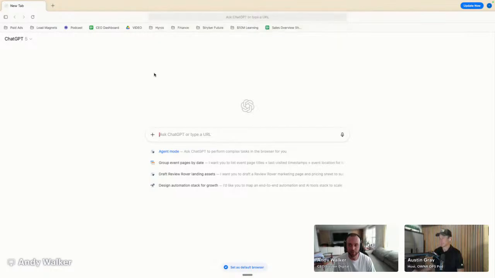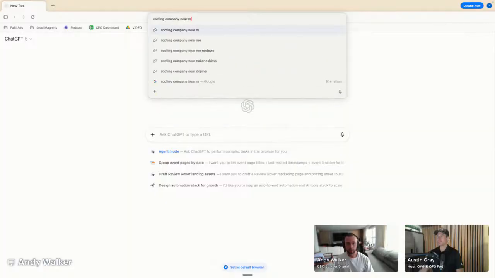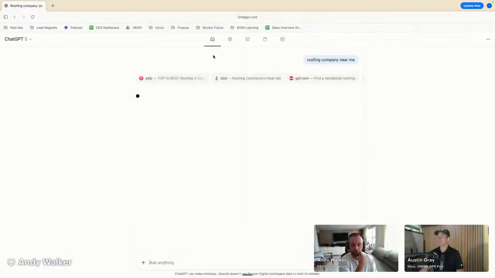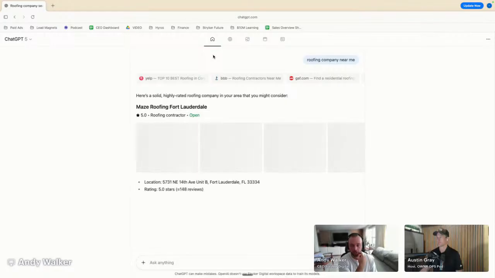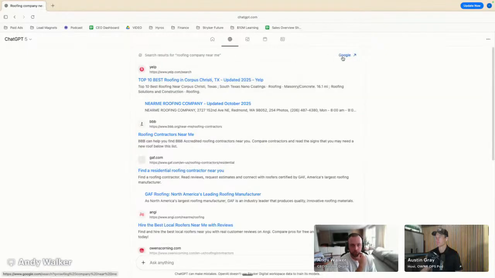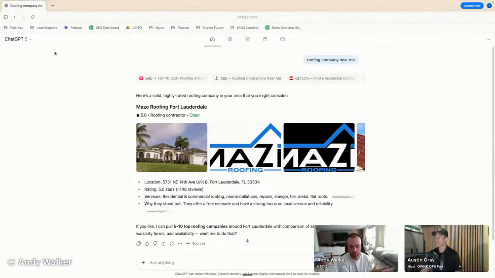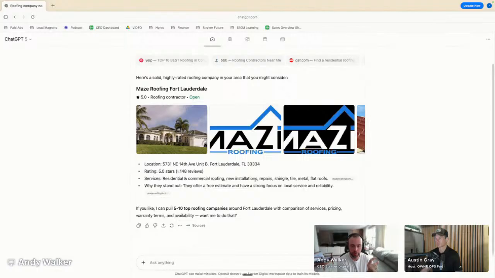Yep. So in here, I can just search roofing company near me. And so this is the new age search if you're using Atlas. Google already has this. If you use AI search mode, it'll likely appear like this, but it just recommends one business now. If you search roofing company near me, it's just one. And you can go into search and extend out to Google. But Atlas is built on Chromium, an open source browser that Google made. That's why it's called Google Chrome, but it's the same browser, except now the natural search is just in GPT.